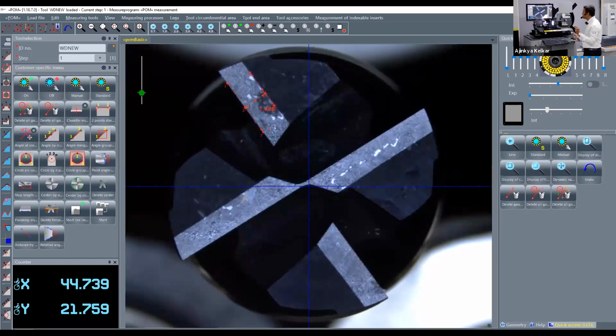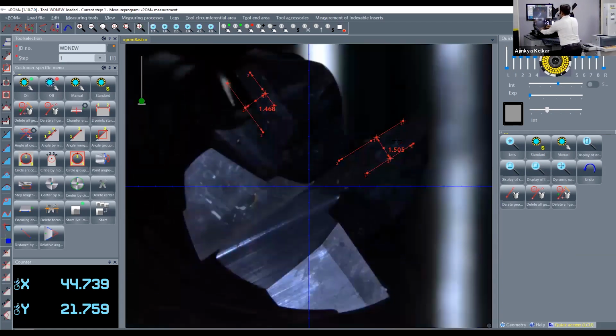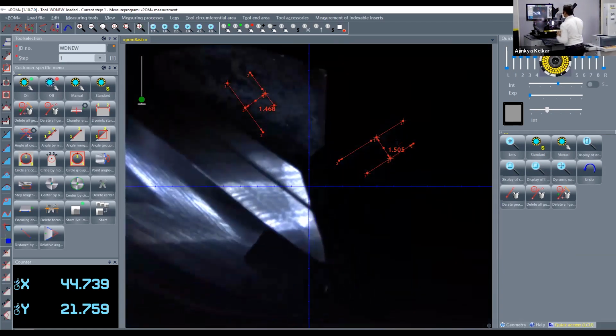It's really an excellent interface. You don't need to depend on or make a point out of it. You just draw a line and the excellent interface between the user and the software automatically picks the highest point. You get your desired positions. So this is something you can do with our POM Basic machine. Here you can get an in-process measurement. Certainly with this picture, you can also rotate by different degrees, different positions,